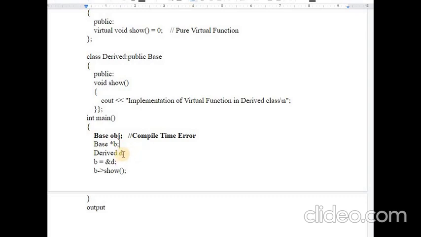Similarly the derived class object is created, and next I have passed the derived class object address to the base class pointer, and I am calling the show function, which will display the statement: implementation of virtual function in the derived class.